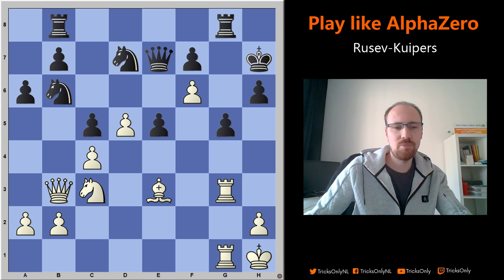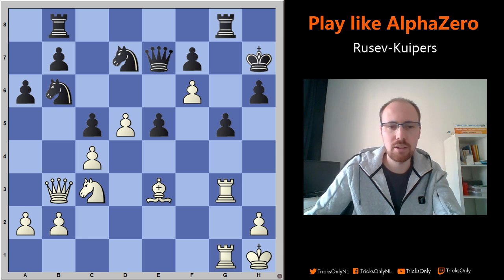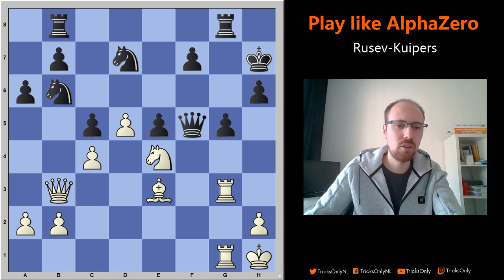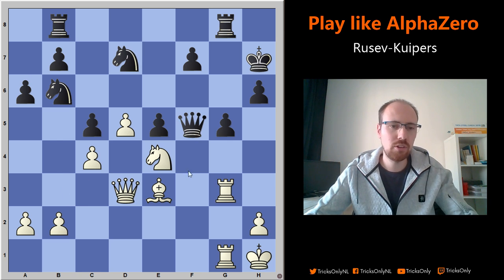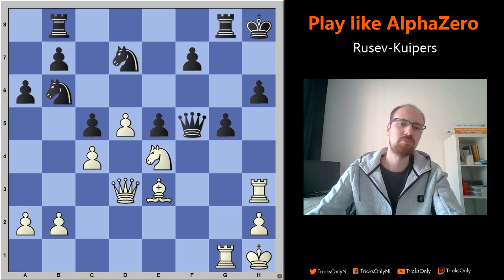It's just the same plan over and over again, opening up diagonals towards the black king. Queen f6, knight e4, queen f5, queen d3, threatening all kinds of discovered checks, winning the queen. King h8 and rook h3, and this is just